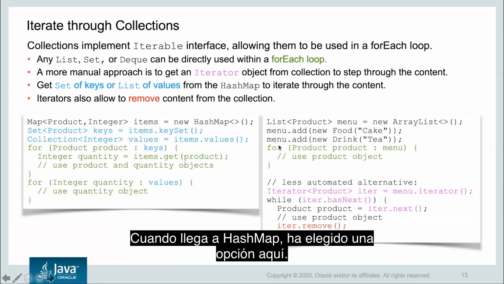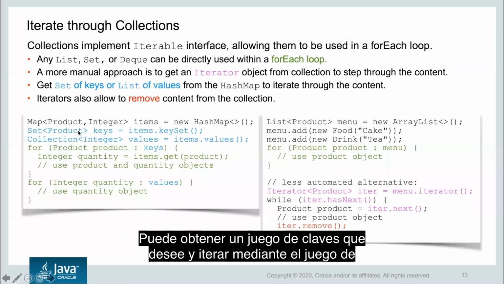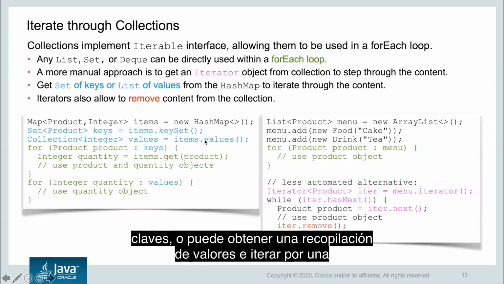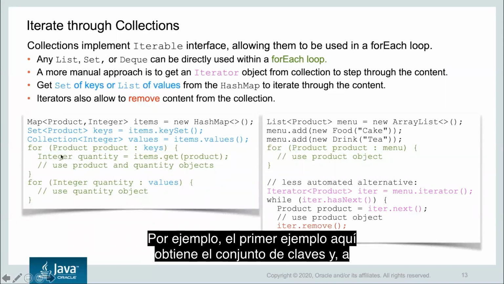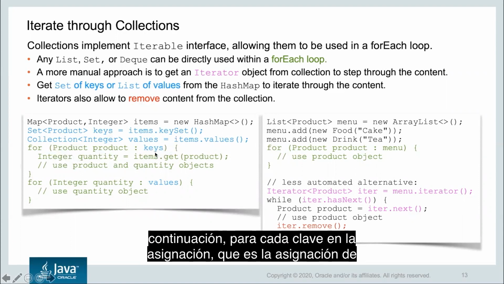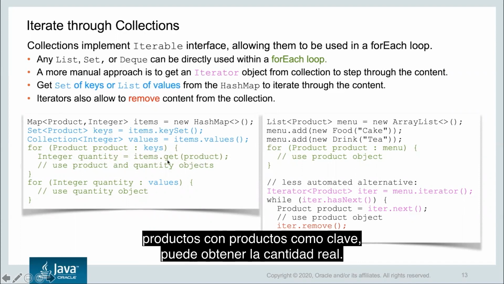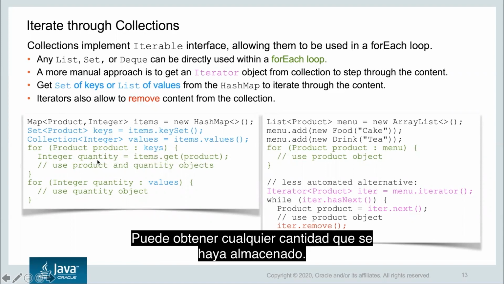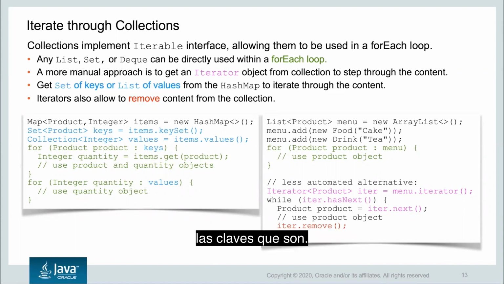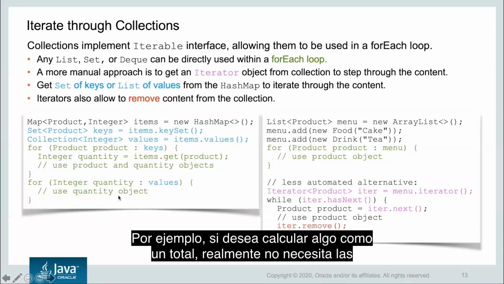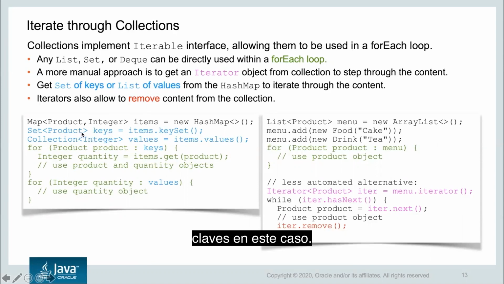When it comes to the hash map, you've got a choice here. You may get a set of keys out of it and iterate through the set of keys, or you can get a collection of values and iterate through the collection of values, whichever way you want. For example, the first example here gets the set of keys, and then for every key in the map, you can get the actual quantity stored. In the second example, you just get all the quantities and ignore what the keys are. For example, if you want to compute something like a total, you don't really need the keys in this case,